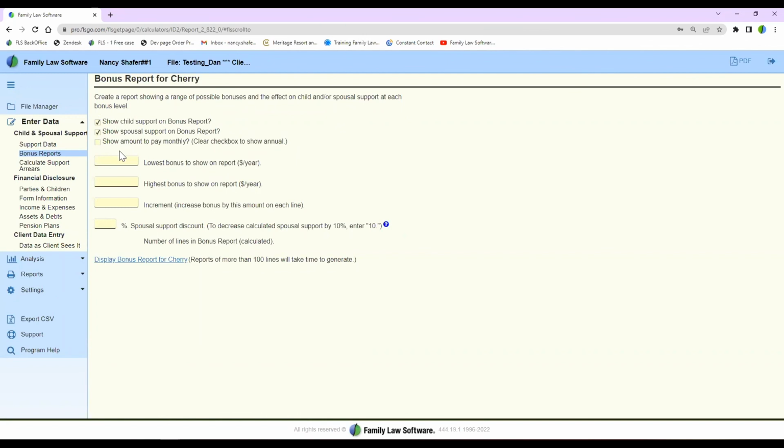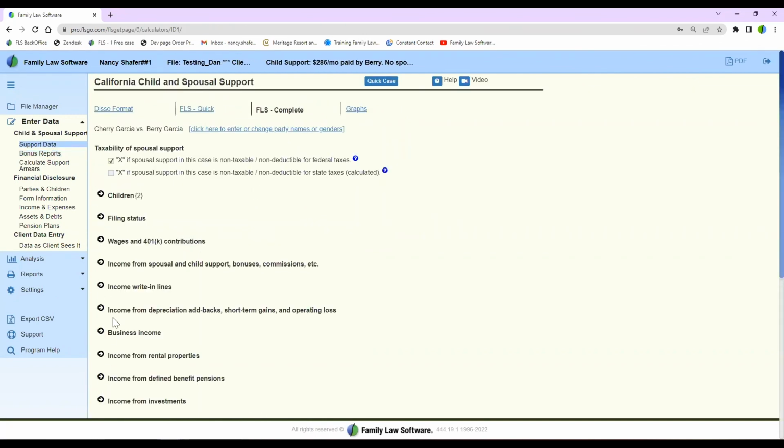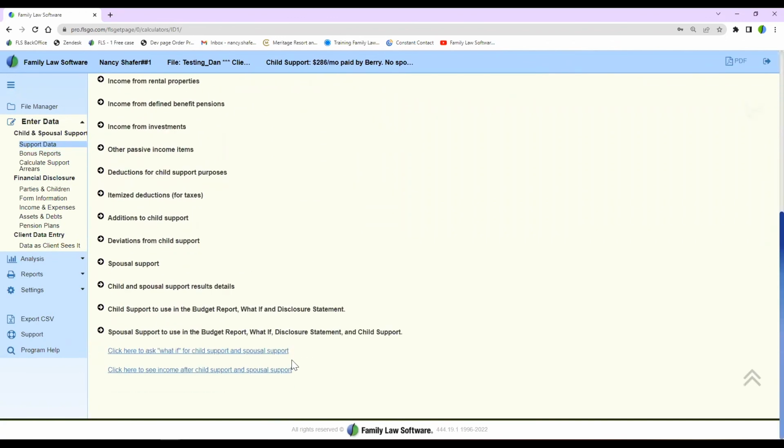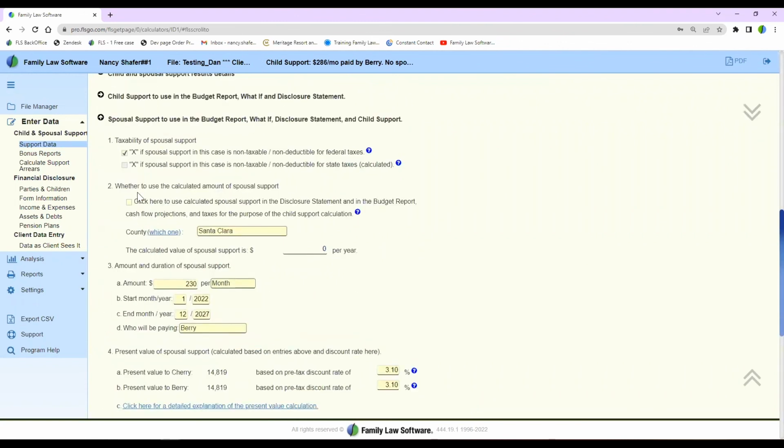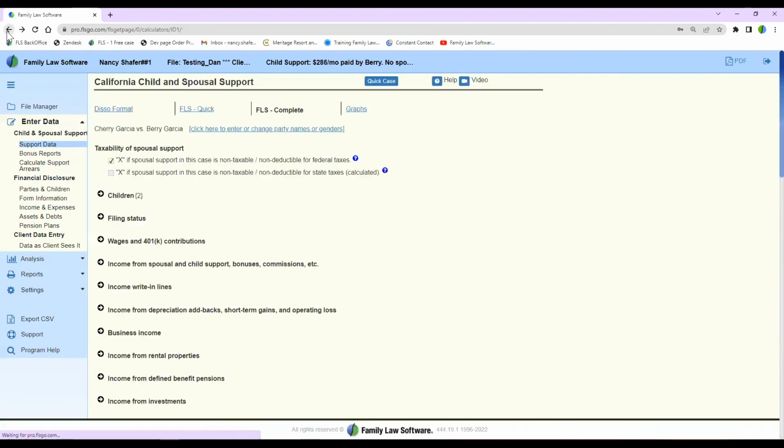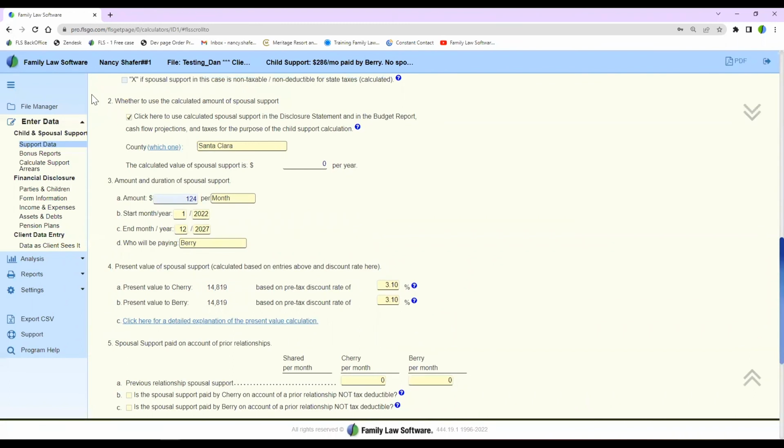It's not probably going to change spousal support unless I go in and select for spousal support that we use the formula, because otherwise it's just not going to automatically recalculate. So we'll do that. We'll use the Santa Clara formula. And now when I go back to the bonus report,